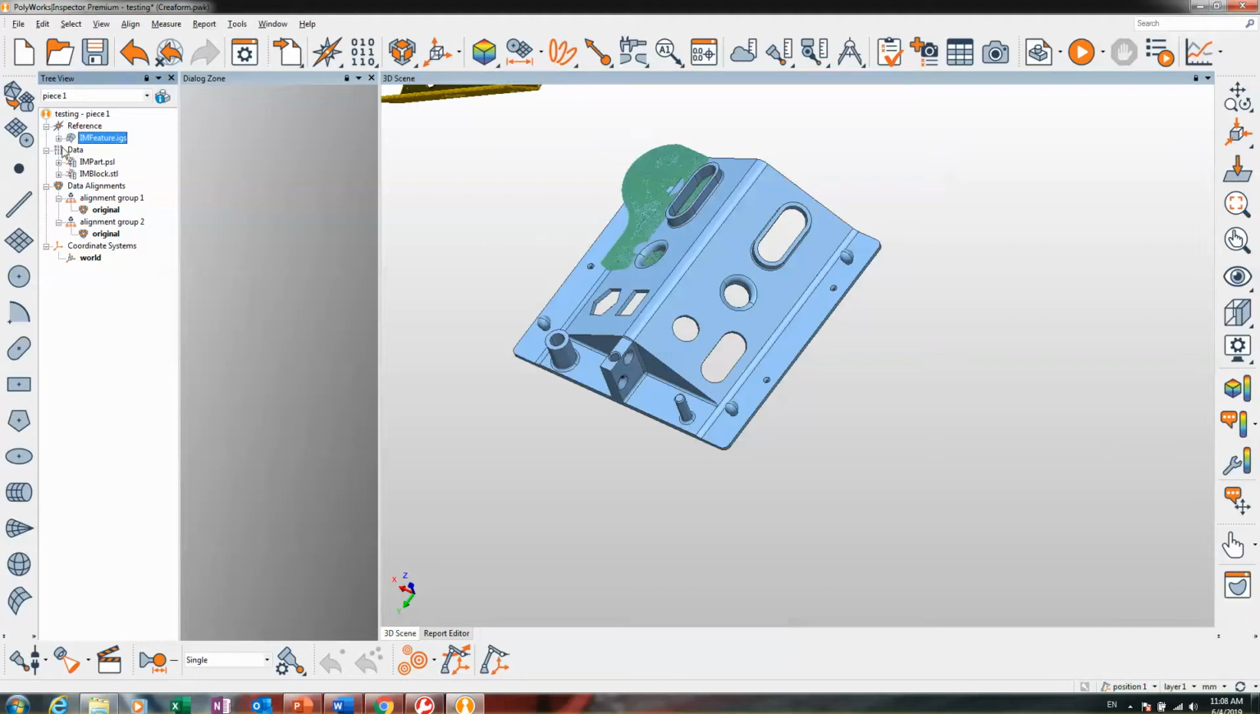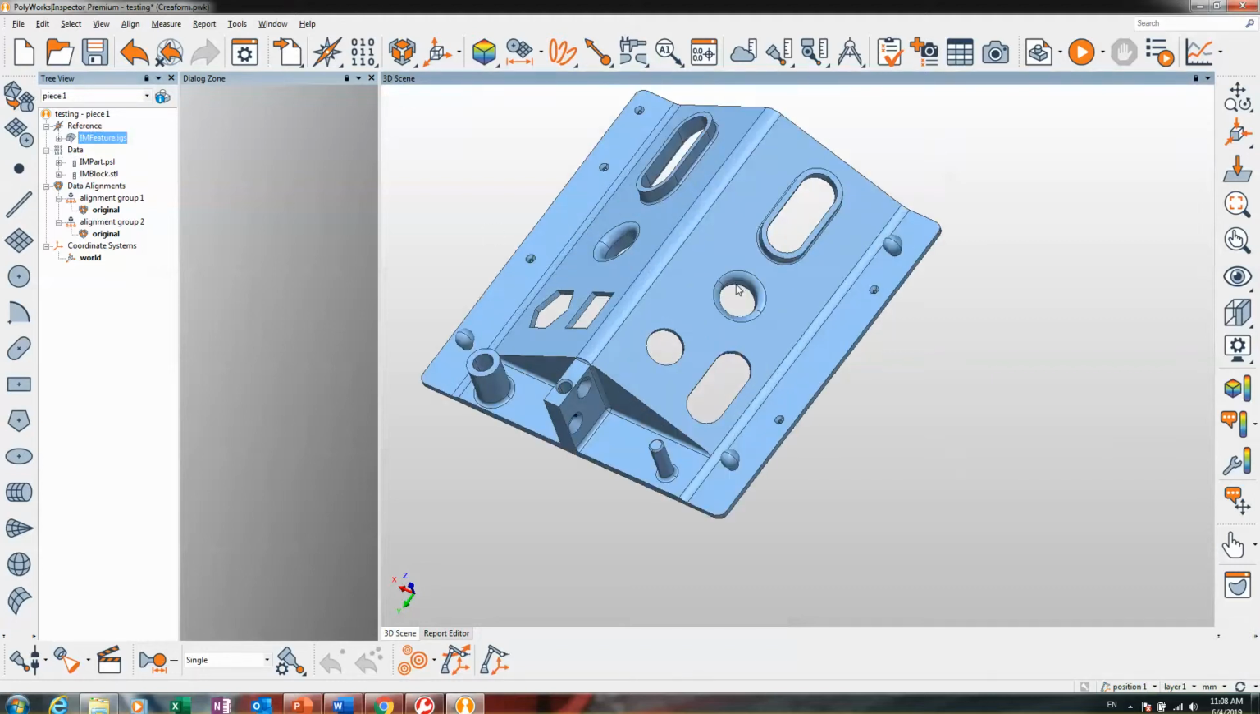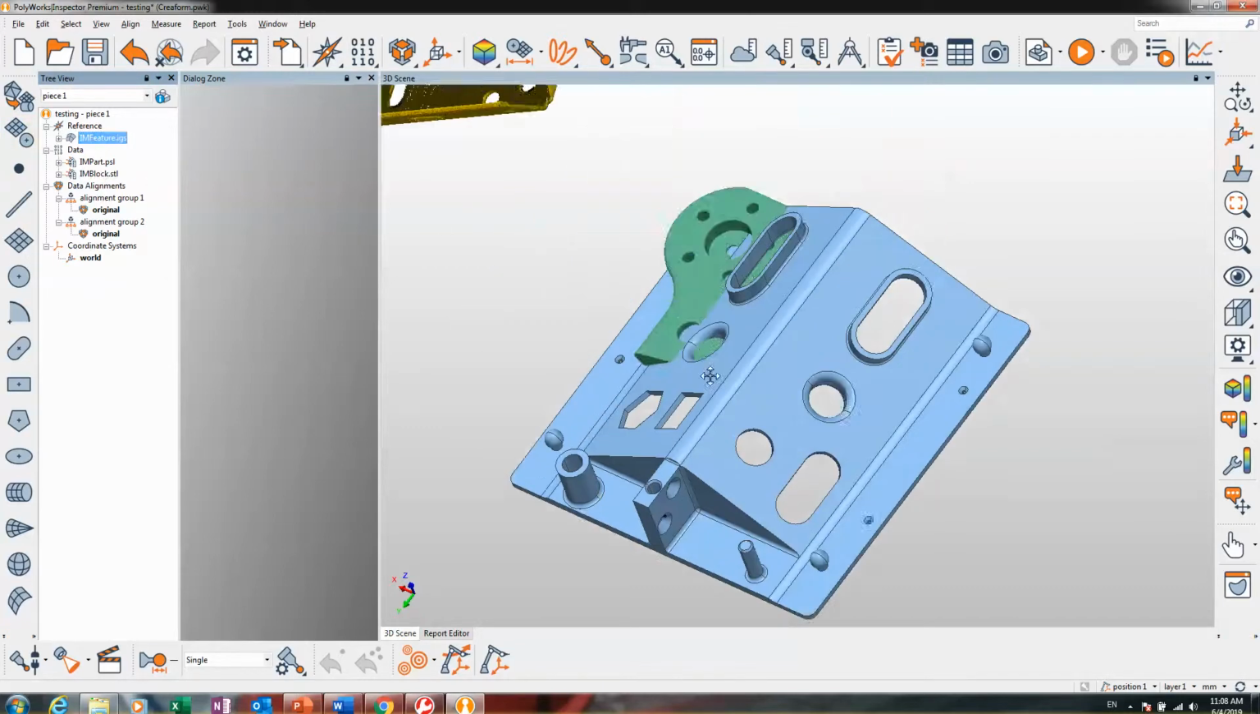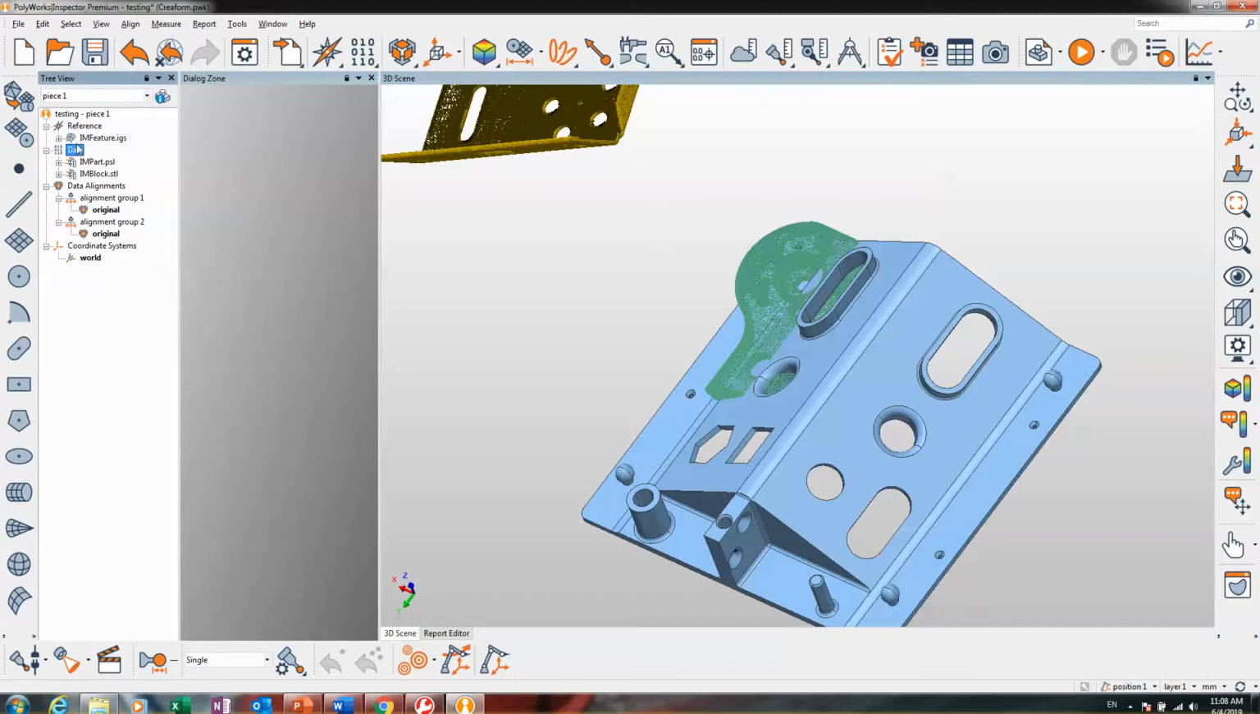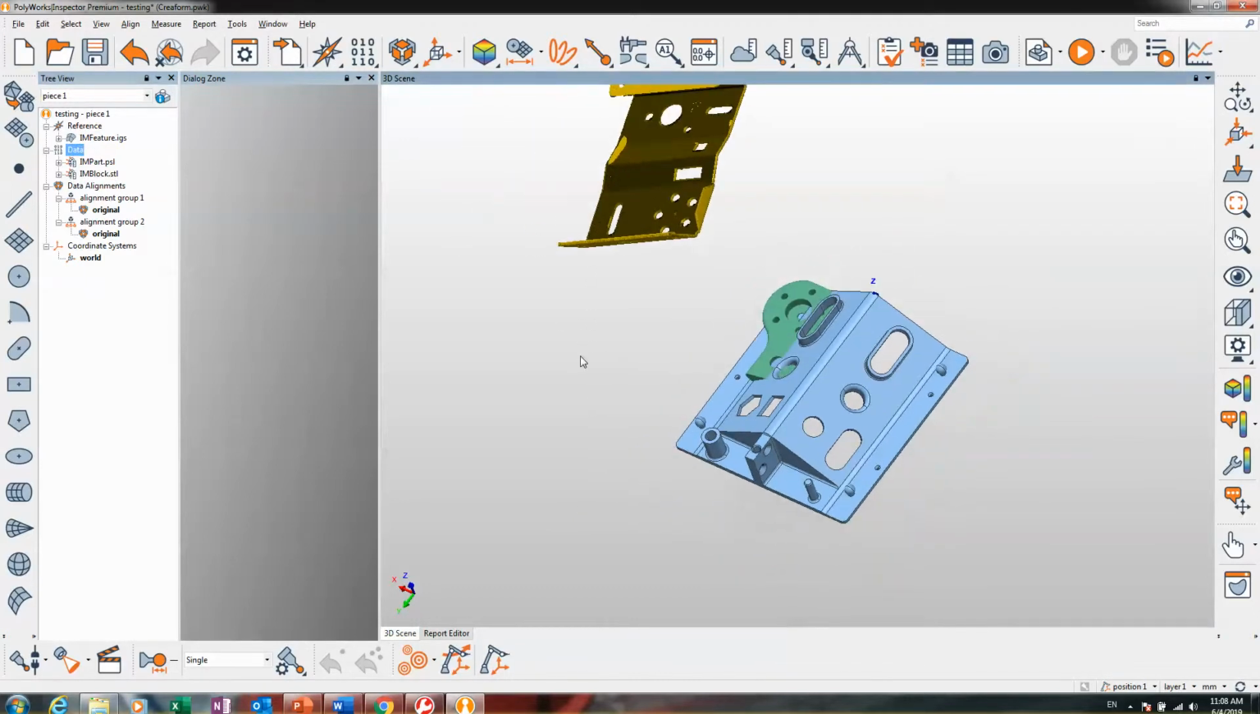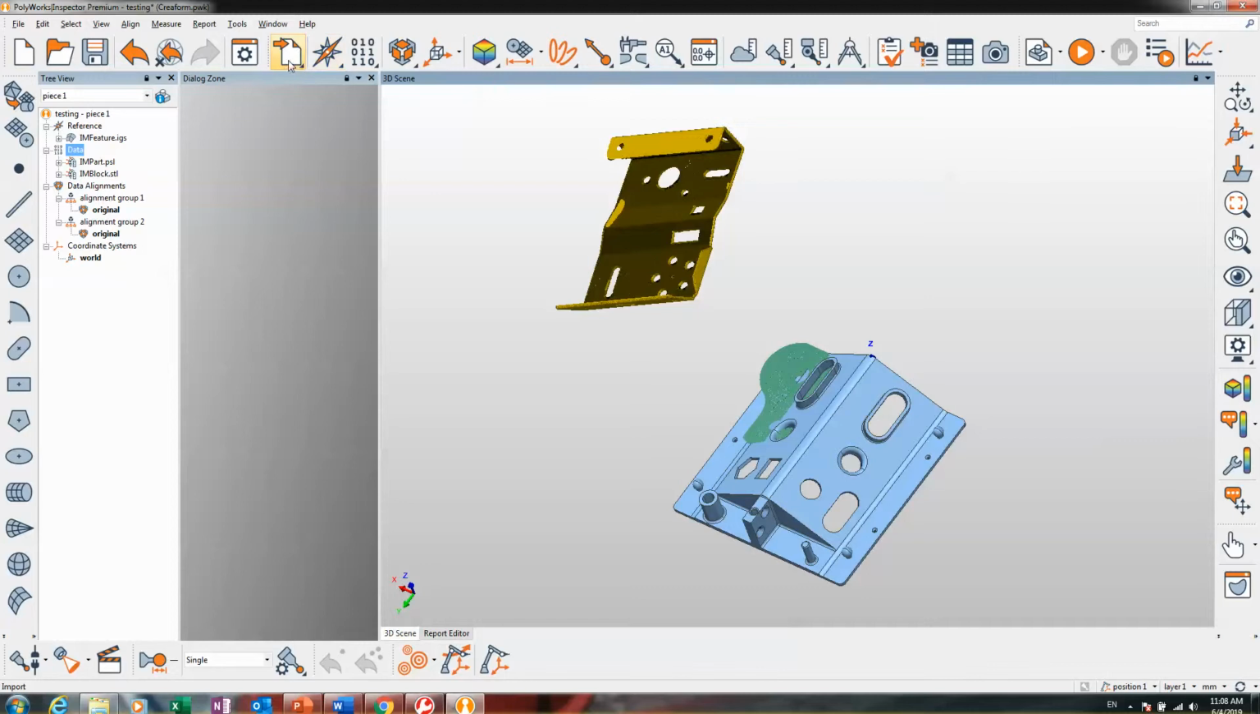Okay, you can notice now if you import the CAD, it will go inside the reference topic. But if you import point cloud or STL, it will be under the data. Okay, these are the 3 types of import from PolyWorks. Next is about the